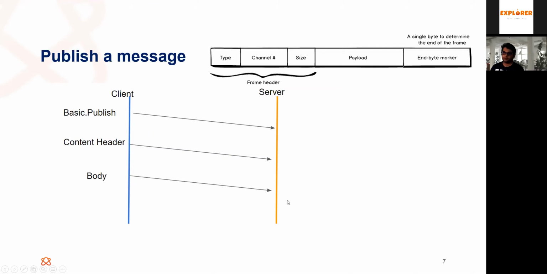That is the pattern to send a message. So you can see it is not like the web HTTP protocol with a request-response model. This is like a push model, for both ways: the server behaves like that, and the client also behaves like that.